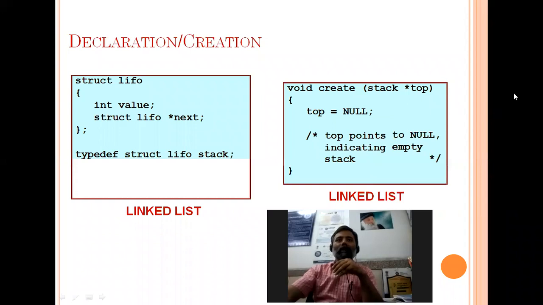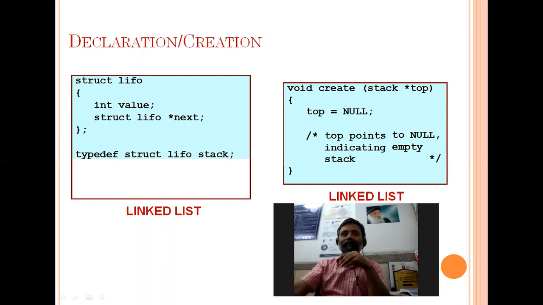So struct LIFO, int value, struct LIFO pointer next. This is for storing the value, and this is to point to the next element in the linked list. So basically it is a linked list, but we will restrict insertion and deletion in this linked list so that it will behave like a stack.